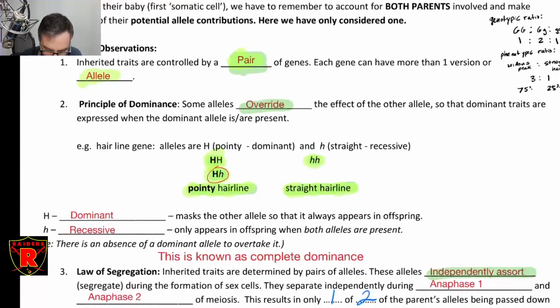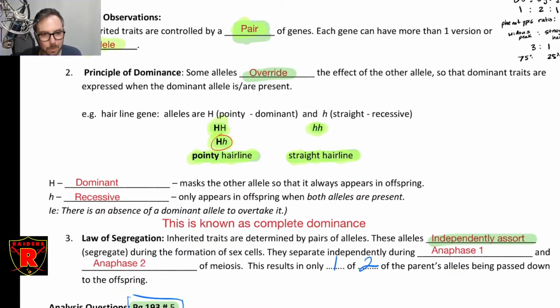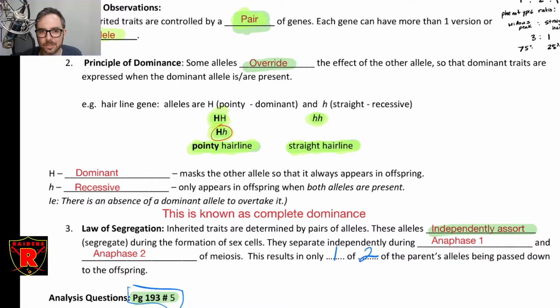Don't forget about Mendel's 3 laws. Inherited traits are always controlled by a pair, and that is true for Mendelian traits. The principle of dominance means that a dominant gene is always dominant over a recessive gene. It always shows if it's present. Keep in mind that the principle of dominance is modified by some of the other things that we're going to talk about in this unit. In other words, complete dominance, as shown here, is not how every single trait is